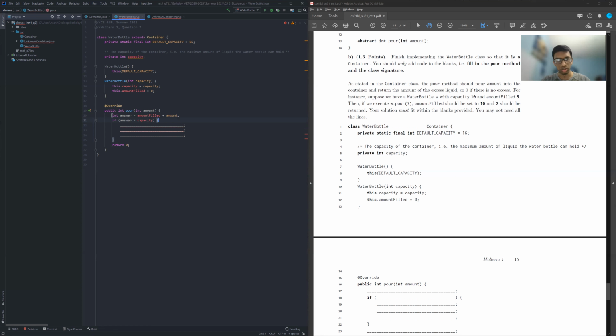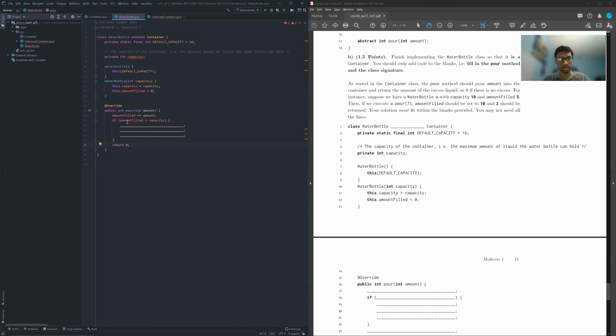So instead, what we're going to do is do two things in one line, and we're going to effectively change amount filled directly. This way we can use amount filled instead of a placeholder variable like answer. So to break down what just happened, we were approaching it one way, where we stored an answer that we were going to use in a comparison in the if statement to determine whether or not there's excess. But because we did not have the lines needed from the skeleton, we had to change our strategy a little bit. That way we can still increase amount filled and we can return 0 in just 2 lines.